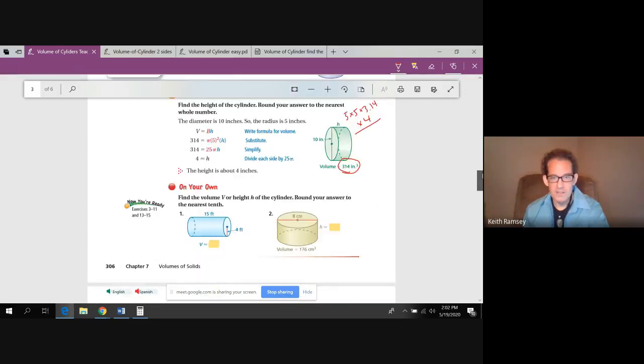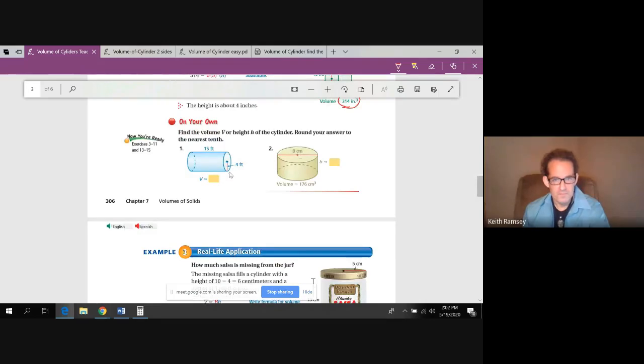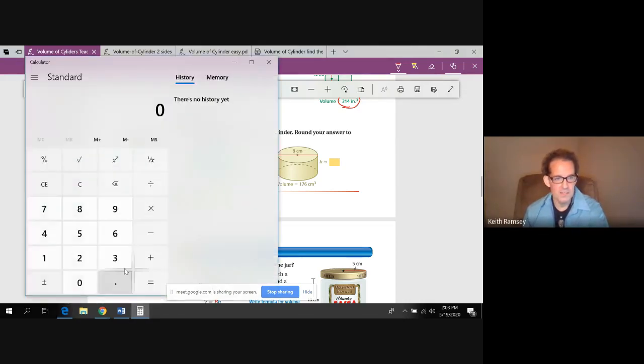You look down here, they've got another example. This is the radius, that's what you want. So for volume, you're going to do pi r squared. So 4 times 4, that's the radius squared. You know that's 16. Times 3.14 times the height of the cylinder, which is 15. So I know 4 times 4 is 16 times 3.14. So let's pull up our calculator. 16 times 3.14